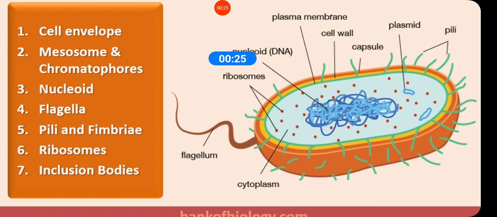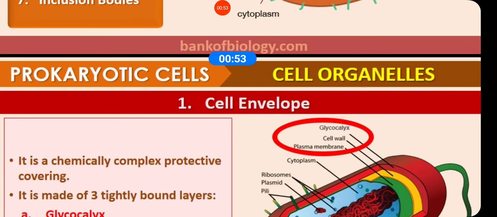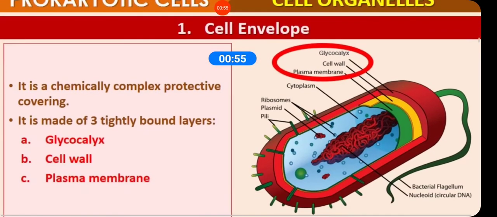So they are called prokaryotic cells, and prokaryotic cells include all the organisms which are there in kingdom Monera. We are going to study in biological classification that Monera is a kingdom which includes prokaryotic cells, which includes bacteria, blue-green algae, that is the cyanobacteria, mycoplasma and PPLO. So now you know that this is a diagram of the